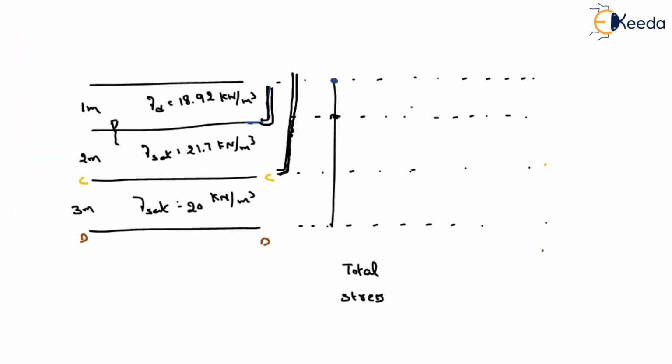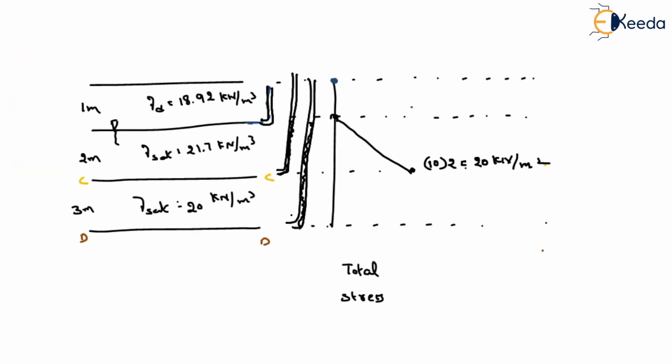So what is the stress then? At this point, pore water pressure is nothing but gamma W. Let us imagine that gamma W is 10. So the pore water pressure here is 10 into, up to how much level does the water table rise? 2 meter. So that will be equal to 20 kilonewton per meter square. So this is nothing but your pore water pressure. Similarly, if I keep the piezometer at level D, can you tell me up to how much level the water will rise? Water will rise in this piezometer up to the water table. So where is the water table? That is here.